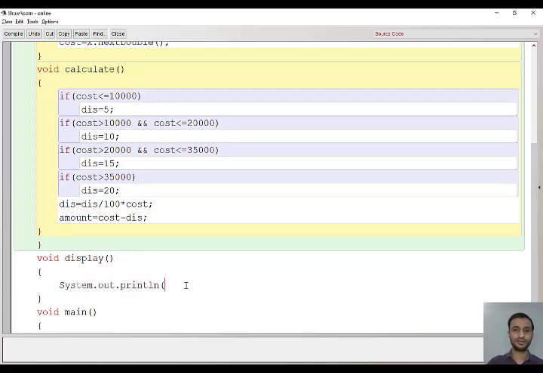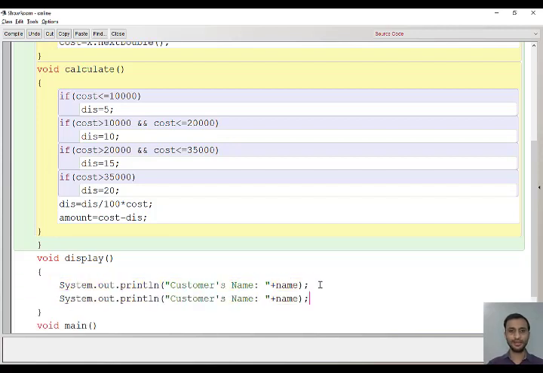This println, first is customer's name, which is NAME. It is present in the variable NAME. Let us copy this. Then we have customer's mobile number.